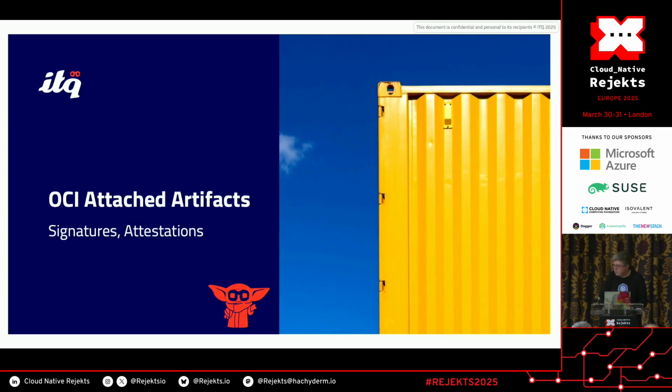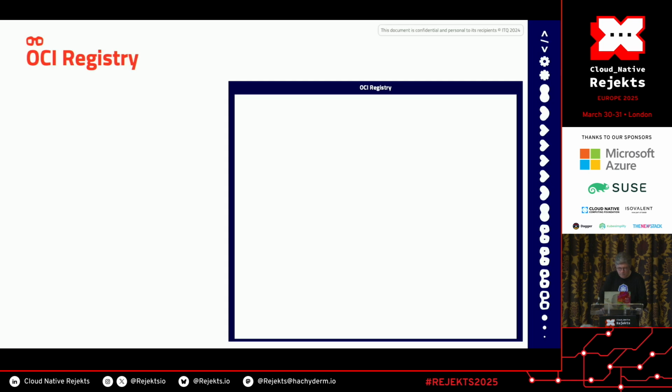So you see here, it's very convenient to use an OCI registry to push artifacts, but to secure your environment, you have to attach some artifacts around your images and Helm charts, for instance, or whatever artifact you want to push on the OCI registry. To do so, we'll use the attached artifacts from the OCI specification. And basically, the attached artifacts you use the most are signatures and attestations.